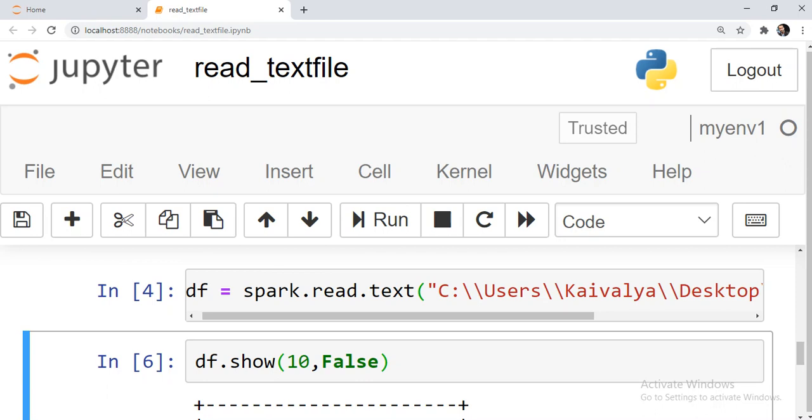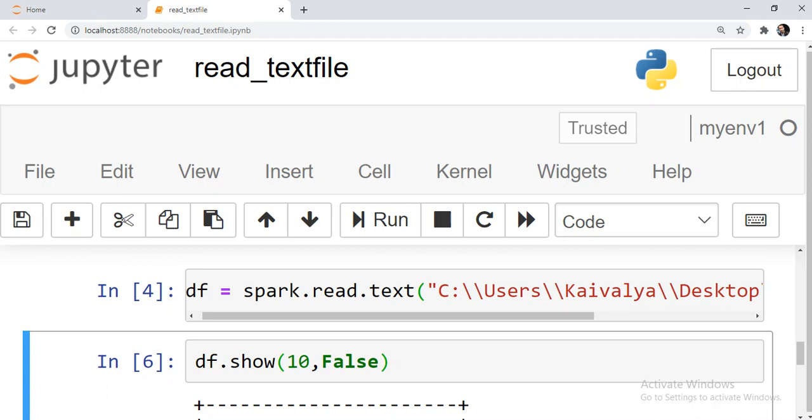Is it coming from a website which uses a different encoding, or data stored in some database which has a different encoding? And Spark by default, when it is reading a file, uses UTF-8 encoding.